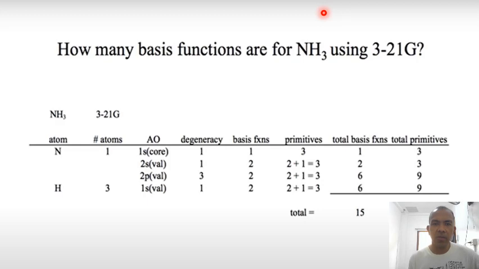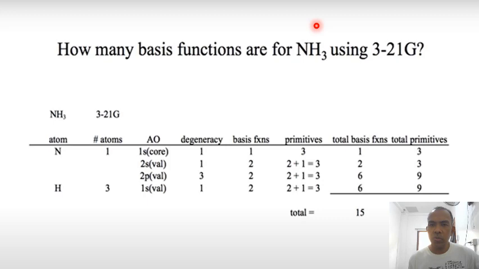And now finally, when I add up the basis functions, I'll find 1 times 1, there's a single 1s on nitrogen, and 2s on nitrogen, and there are two p's. It's double for each of the 3 px, py, pz orbitals, and the primitives meanwhile are 3, 3, and 9. So if I sum all of this together, I discover